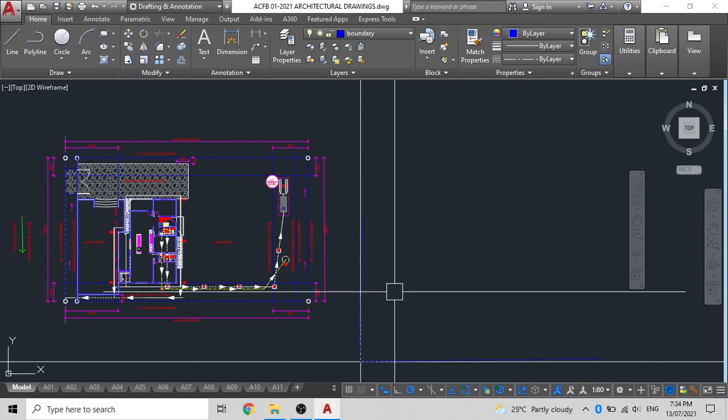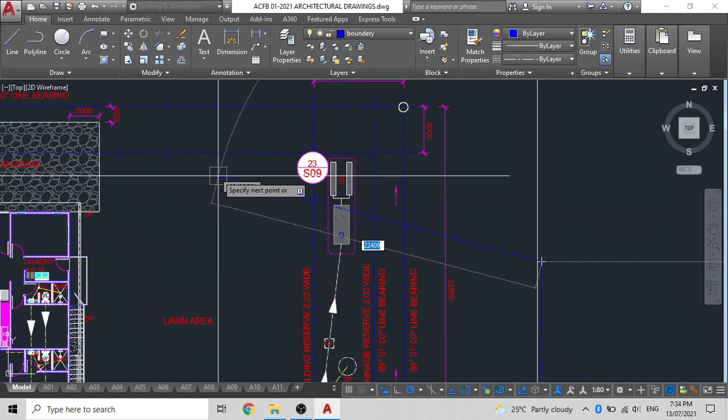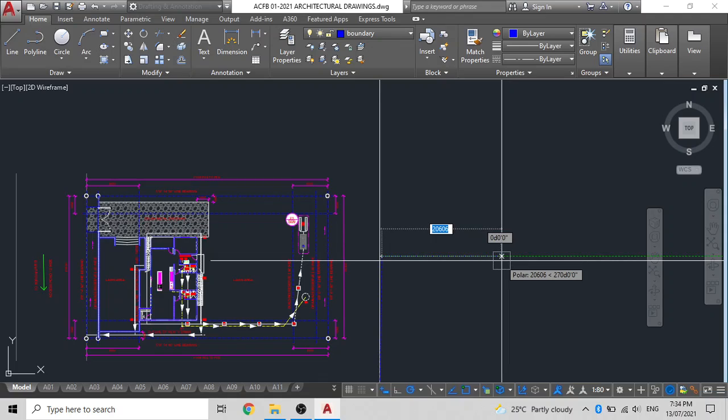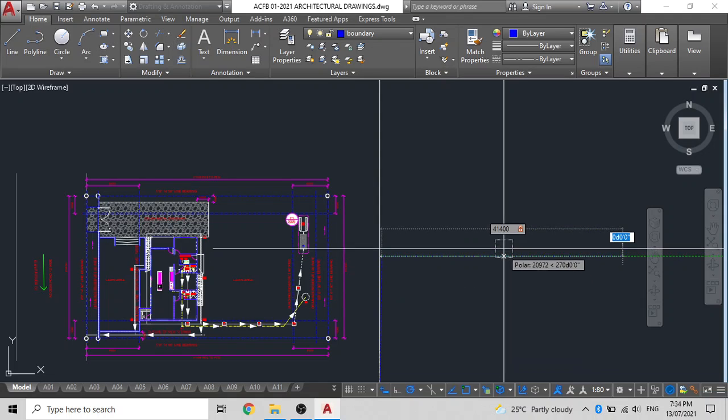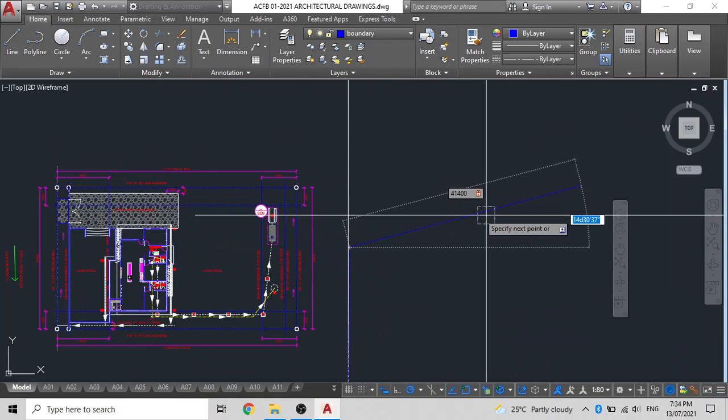So we type PL for polyline. Then we enter our line, then we enter the distance, 41.4 meters, 41,400 millimeters. Then we enter our angle. The angle is the same, 179 degrees, 14 minutes and 50 seconds.